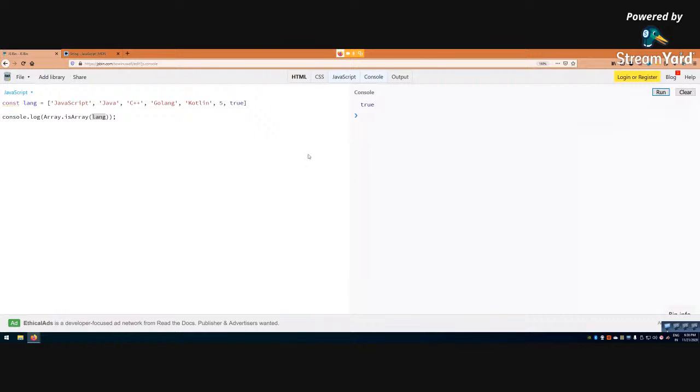How will it give me false? Instead of lang, let me pass lang 1. What will lang 1 give? Lang 1 will give me a string actually. Is that an array? No, it is not an array. So it is giving me false. So like that,